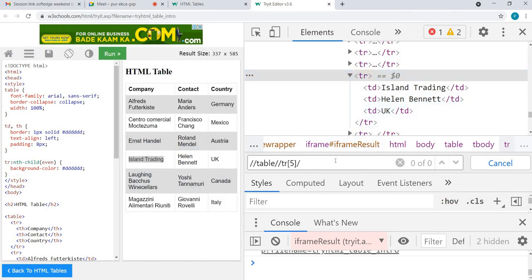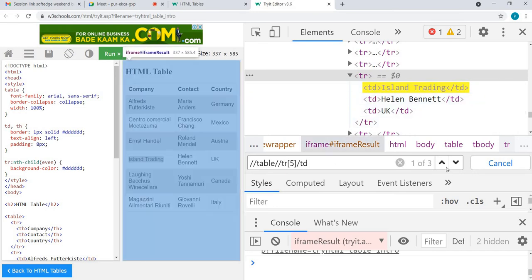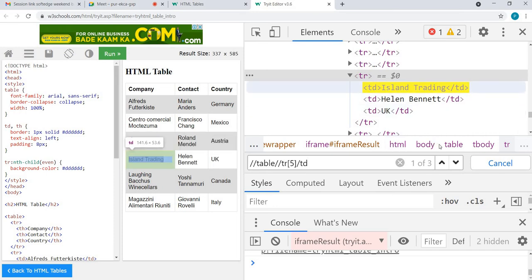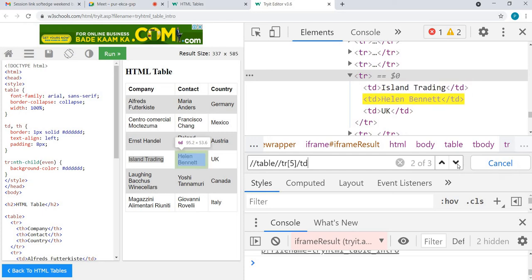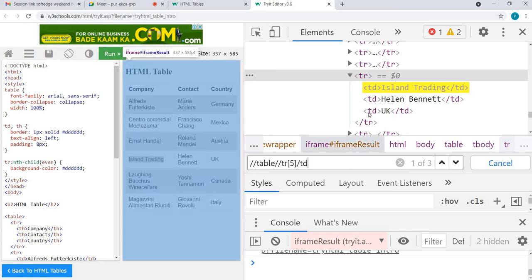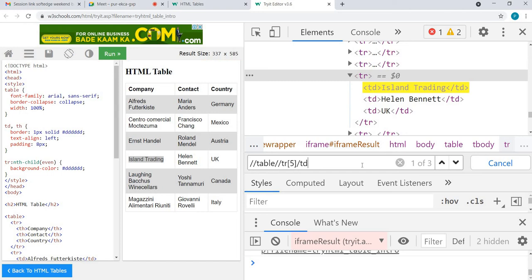Slash is for representing the child hierarchy, slash TD, the name of the element TD. So you can see there are three elements we have got. You can click here to move to the next. Now I want to go to this Island Trading TR I am on now. Now what I want is the name of the country, TD. So what is the index of it? 3,